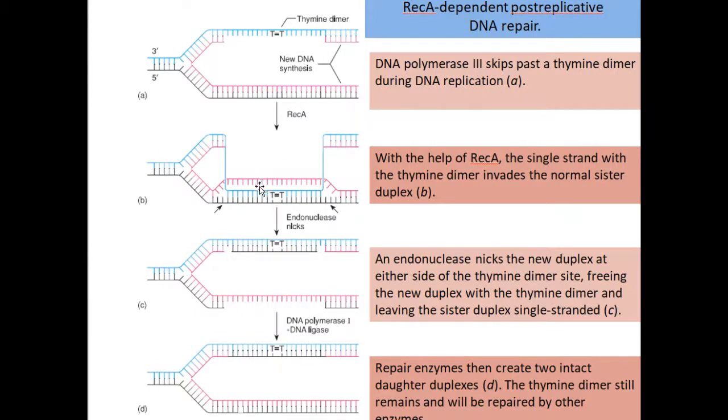So what will it do? It comes and base pairs with a complementary strand. With the help of RecA, the single strand with the thymine dimer invades the normal sister duplex here. I think you got an idea. This one, which contains a thymine dimer, with the help of RecA, is moving from here and coming towards this strand. This is a fully formed duplex strand that will become separated, and the blue strand